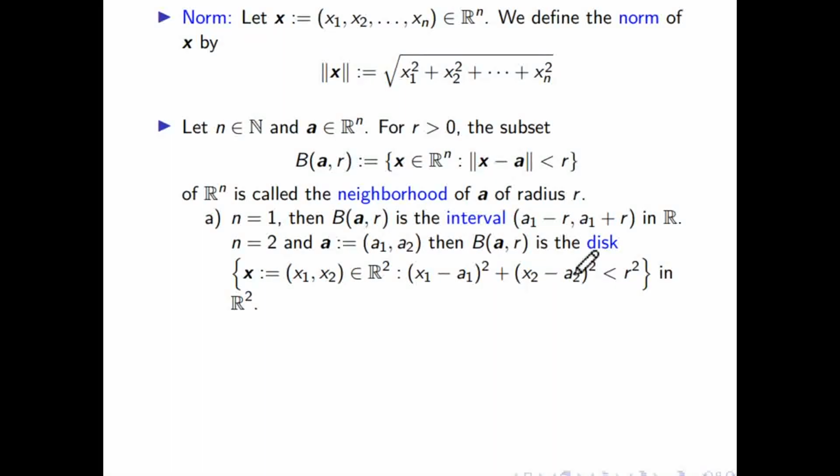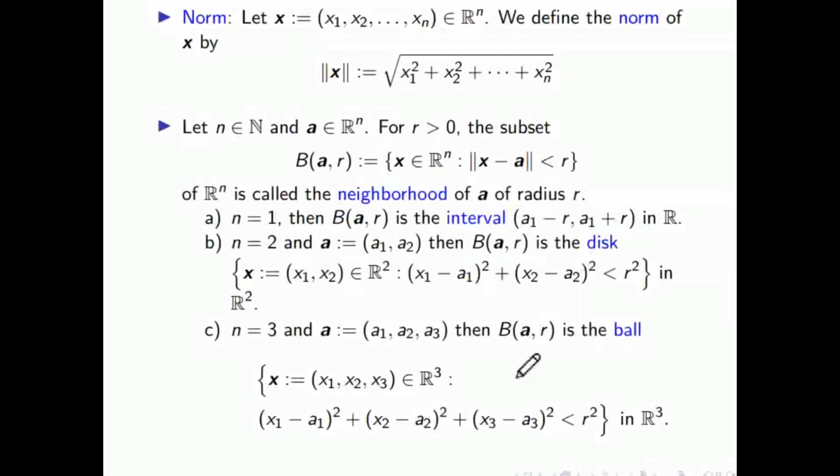Suppose we are in R3, then what will we get? The shape. Sphere, sir. Yes, we'll get the internal part of the sphere, and that has a standard name, that is called a ball. From R3 onward, we will call it a ball with center at A and radius r.